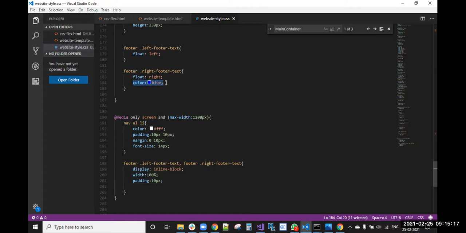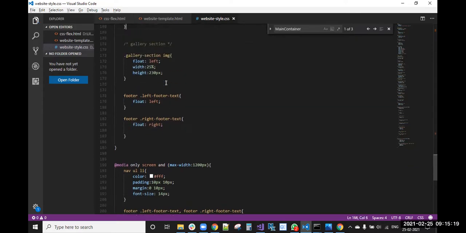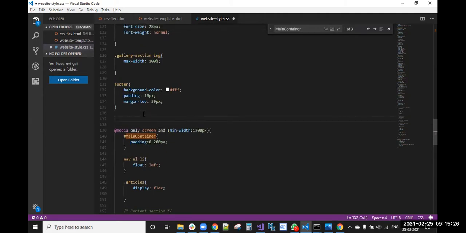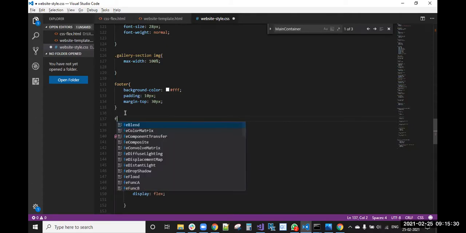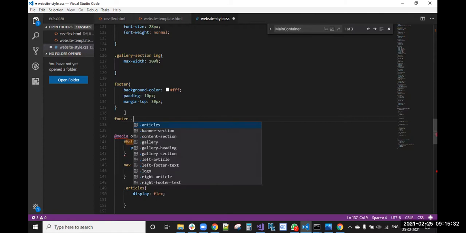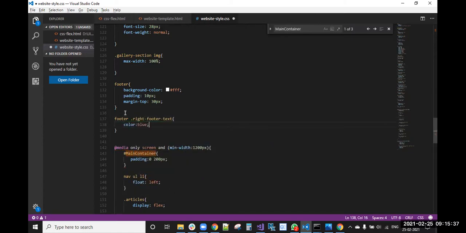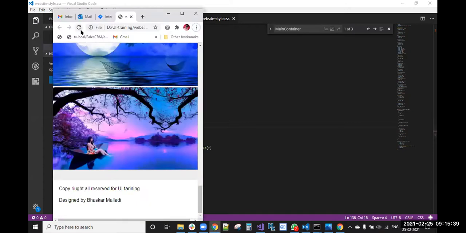This color blue will keep outside only. Then for both screens it will apply.